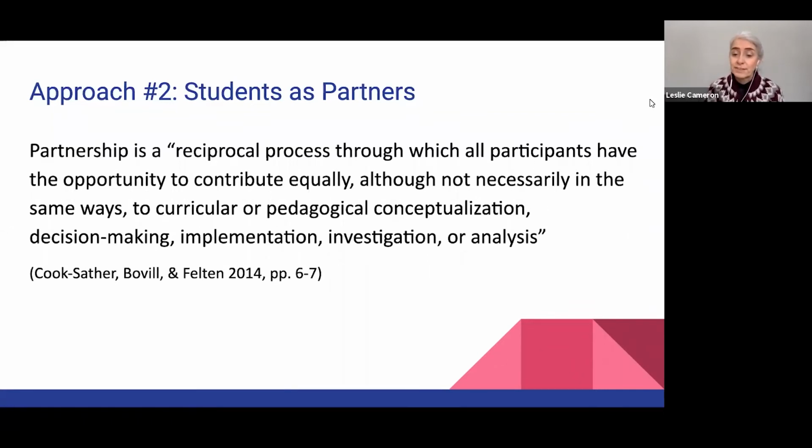Following the work of Peter Felton and his colleagues, here we work with students as partners in SOTL decoding projects. Students, in this case, contribute their unique perspective and complete aspects of the research that are developmentally appropriate for them. Our own contributions as faculty are reciprocally bound to our students in a way that's different from traditional mentoring models. In this model, students are partners and stakeholders in this work.